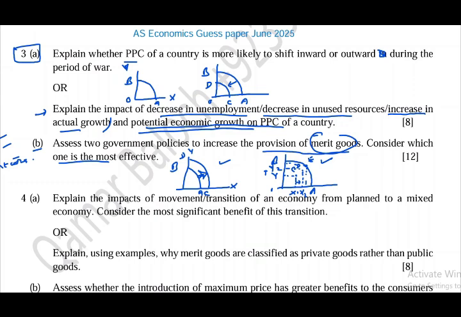So this will be the basic knowledge, and you can identify the policies that government can use to increase provision of merit goods. The two policies that you can identify at microeconomic level can be the provision of subsidy. If government provides subsidy to the private sector, then merit goods are produced more, because subsidy is the financial support provided by the government to the private sector, so they produce more of merit goods and increase welfare in the society. And similarly, direct public provision.